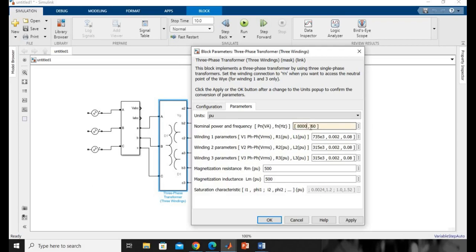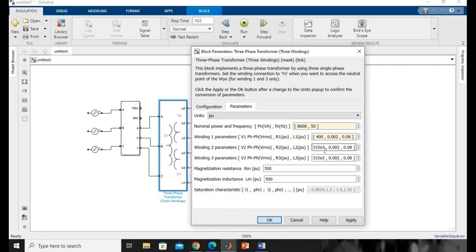Sorry, VA. Frequency is going to be 50 Hertz, and V1 RMS we are having about 400 because the peak voltage was 230.9, so the VRMS will be about 400,